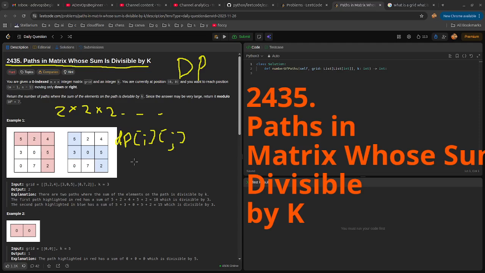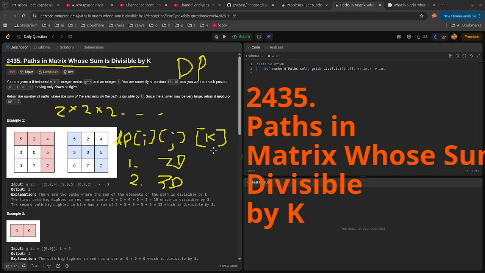But in this case, instead of a two-dimensional matrix, we need a three-dimensional matrix, which is going to be one more for k,